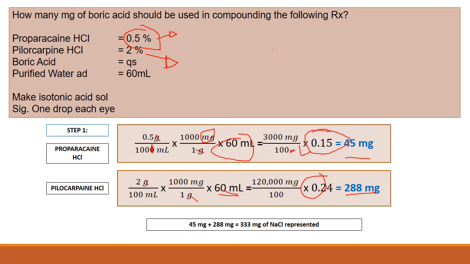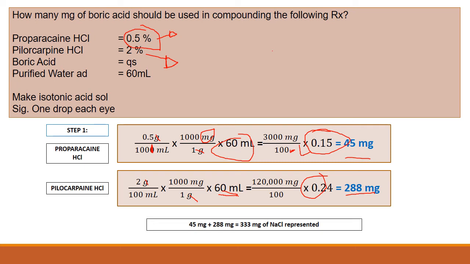Okay, your HCl there is the salt, so that's why you have to first get the sodium chloride equivalent of these two. So the sodium chloride equivalent for this is 0.15. Remember that we have here 0.5 grams over 100 mL. Okay, so from here you have to get